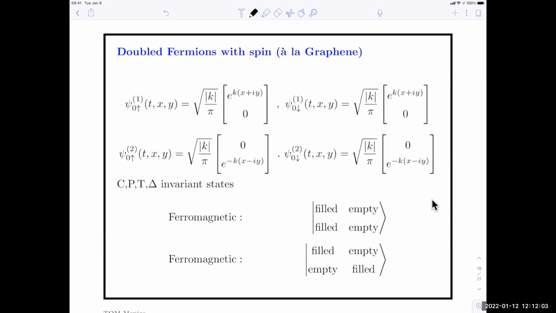There's another possibility, and that's that this one's completely filled and this one's completely filled. That will cancel out the translation non-invariance. It gives scale invariance, and then these two, the other one should be completely empty. So there's in a sense, a crossed way of doing that. But that actually just puts the ferromagnetic order parameter in a different direction. It's still ferromagnetic, and I guess to convince yourself of that, you can just see that it's not invariant under spin rotation. So in a sense, it has to have a spin.